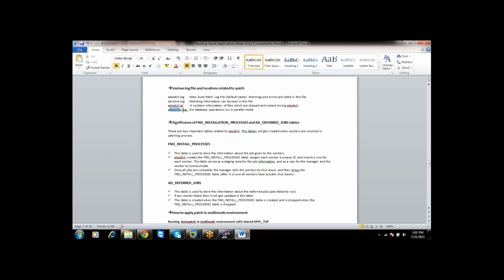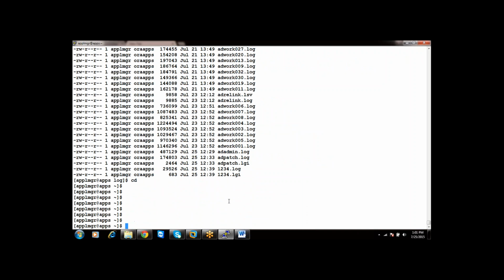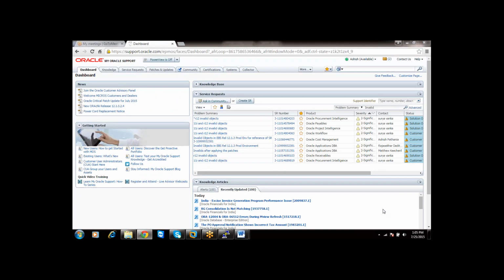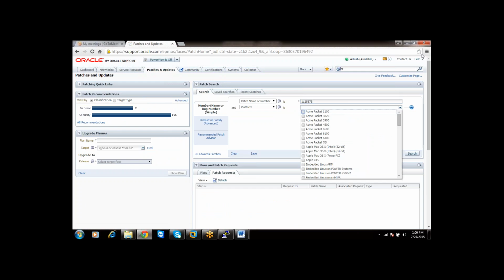Now we are going to workers. One second, let me check for any other tab. To download a patch, log into Oracle Metalink, go to Patches and Updates. At that location, view the patch number and select your platform as Linux or whatever.